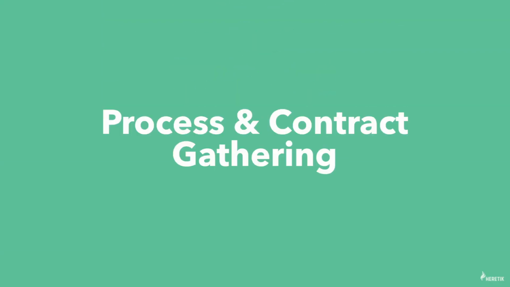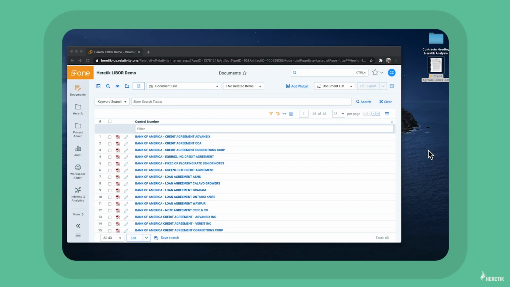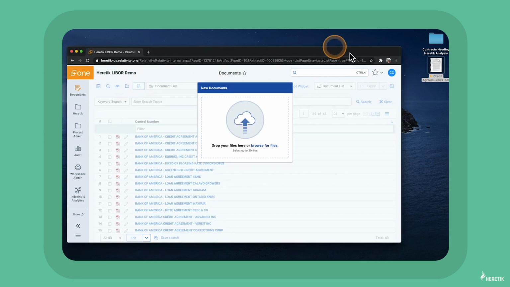The first step in this workflow is a subject matter expert, or SME, who works with the stakeholders to gather all the relevant documents across the organization. Luckily for my team, I am the SME. I've already gone ahead and grabbed all the relevant documents for this project and loaded them into Relativity. For the sake of this demo, I left one out to quickly show you how easy it is to drag,